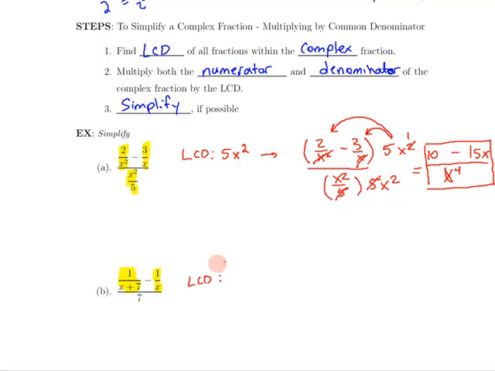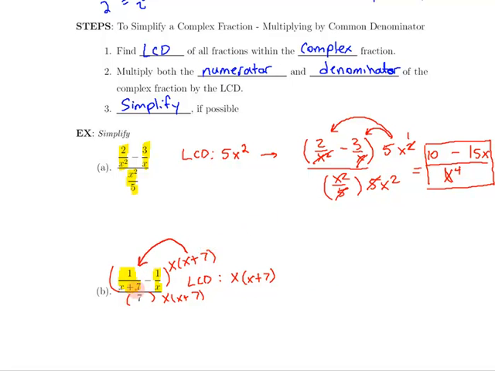So the LCD just needs to take care of getting rid of this x plus 7 and this x. So the LCD is going to have those two factors in it. I'm going to multiply on top by x and x plus 7. I'm going to multiply on bottom by x and x plus 7. Okay? Now if I take that times the first